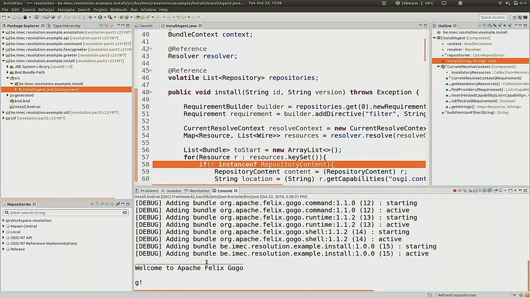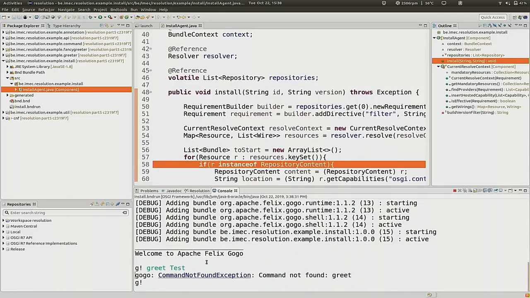So now I start the OSGi framework without the greeter. This does nothing. But with my installation agent there, and if I say example install resolution example,